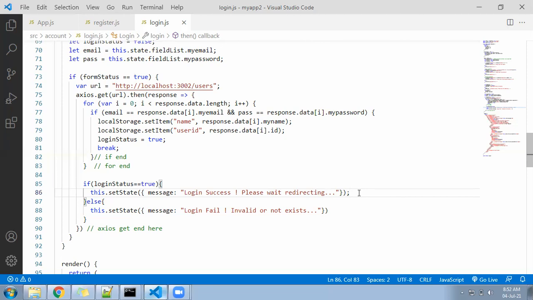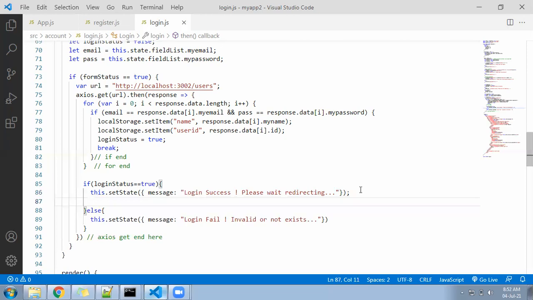Hope done. Now after that, we need to write the next line: window.location.reload, so that we can write the next condition and redirect to somewhere else. Just write here window.location.reload.